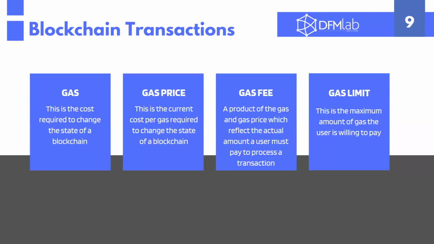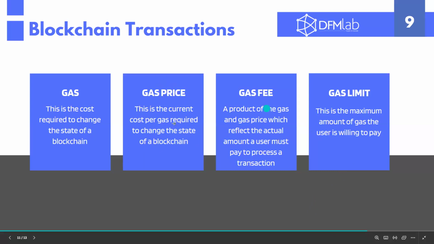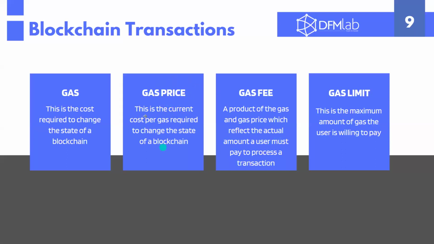It's the vending price. What you get is the amount you are going to pay the fuel attendant or whoever is attending to you. That is the gas fee. The gas price is the current vending price, the amount you pay per liter. The gas is the actual amount of fuel you need to fill up your tank